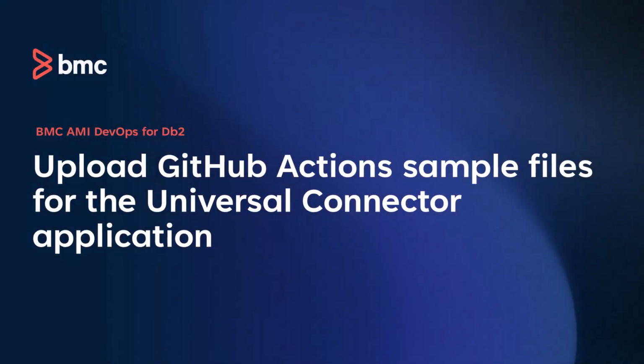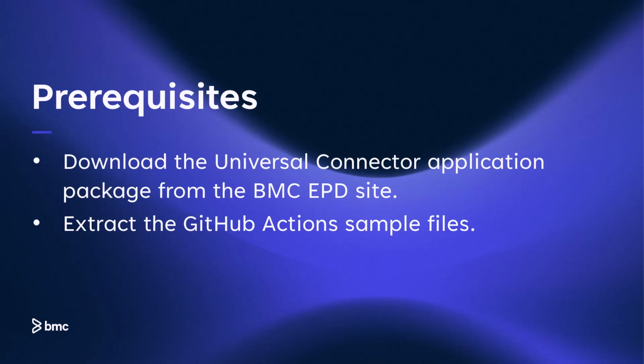In this quick course, you will learn how to upload sample GitHub Actions files for the Universal Connector application in BMC AMI DevOps for Db2. Before you begin, make sure that you have downloaded and extracted the Universal Connector zip files from the BMC electronic product distribution site. For more guidance on downloading the package and preparing the Universal Connector environment, see the product documentation